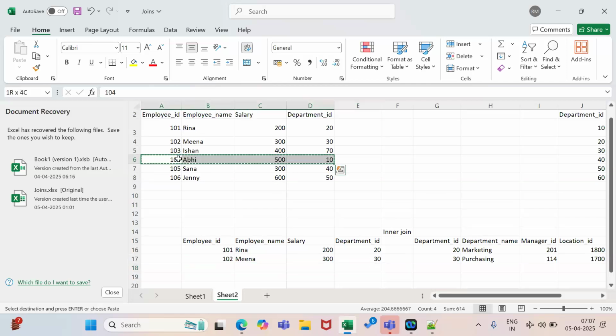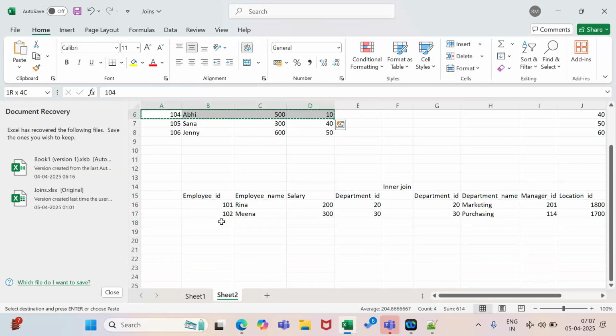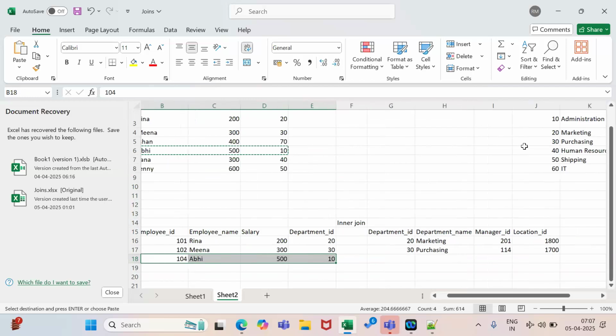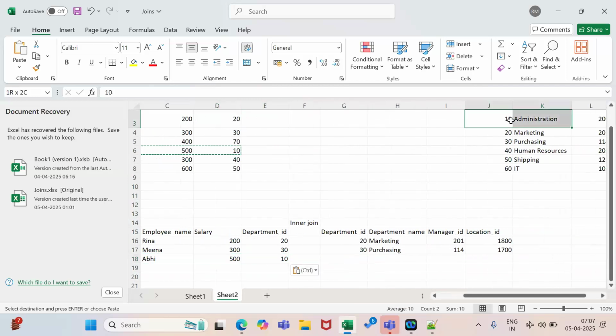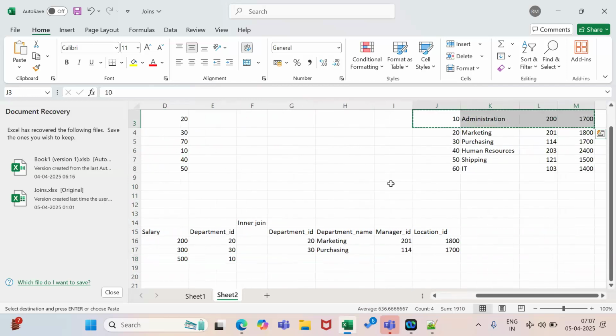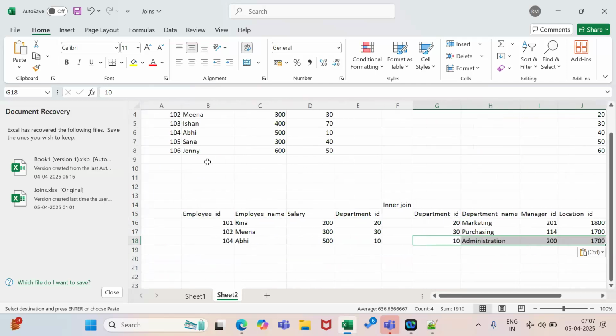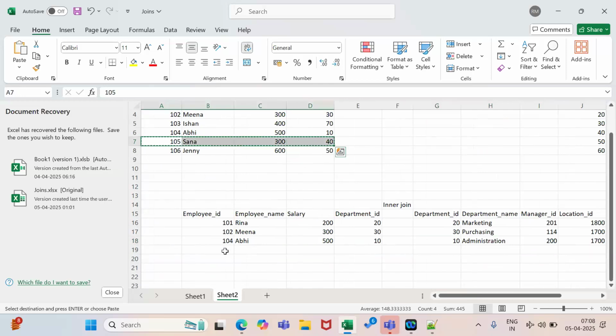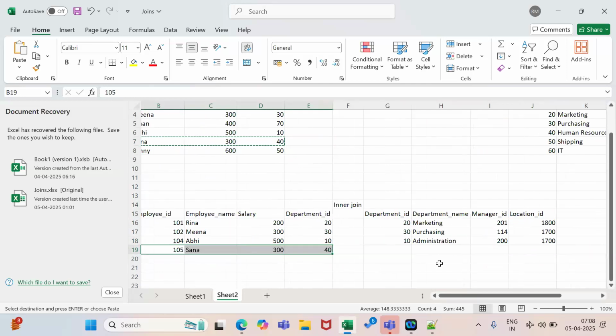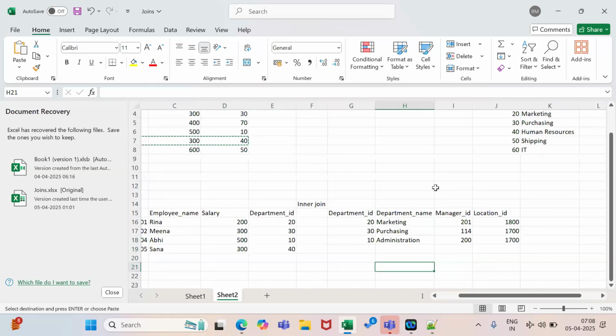Now for this one, for 10, we can again go and see here. We have 10 in another table. Now for this one, 40, right?